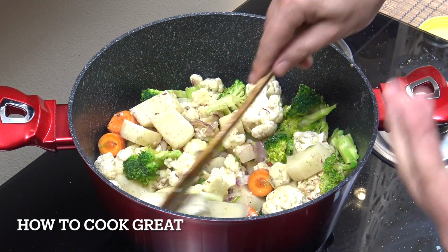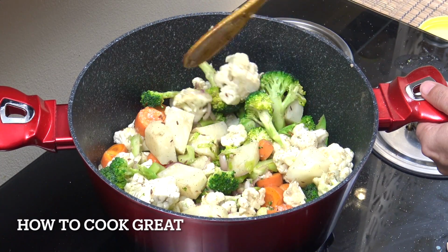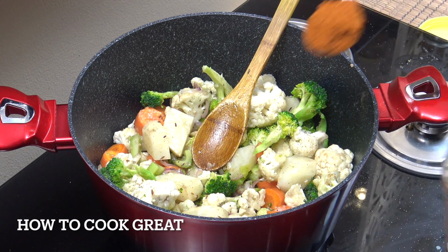Now I just added garlic. You could be adding garlic ginger if you want, or garlic ginger paste. And I'm now going to add some spices, but I'm going to add a curry powder, which is quite unusual for me. I don't usually use that. I usually use the individual spices. Nice